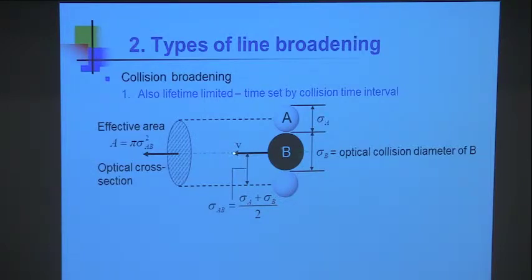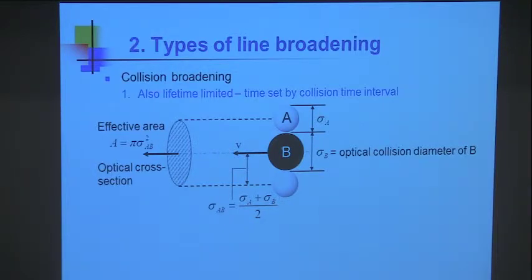And as this B moves along at speed v, it sweeps out an area pi sigma AB squared, based upon the diameter plus half the diameters of A on each side. That's called the optical collision diameter in our case. This would be the basis of kinetic theory that would explain viscosity, thermal conductivity, and thermal diffusivity. But we apply it here